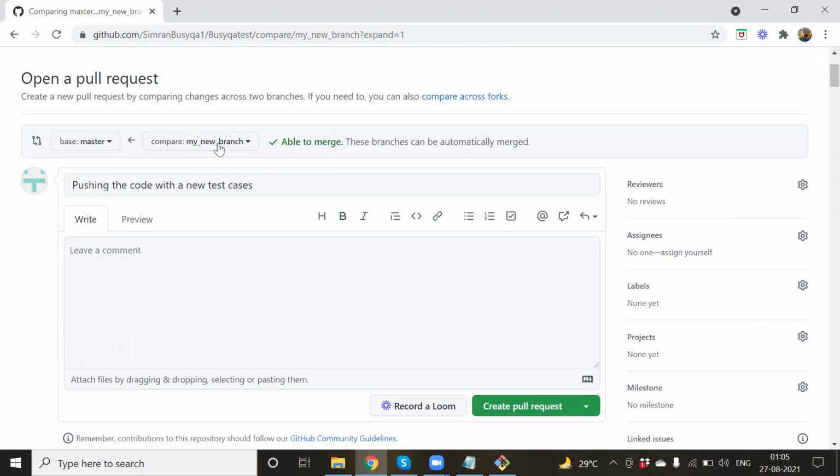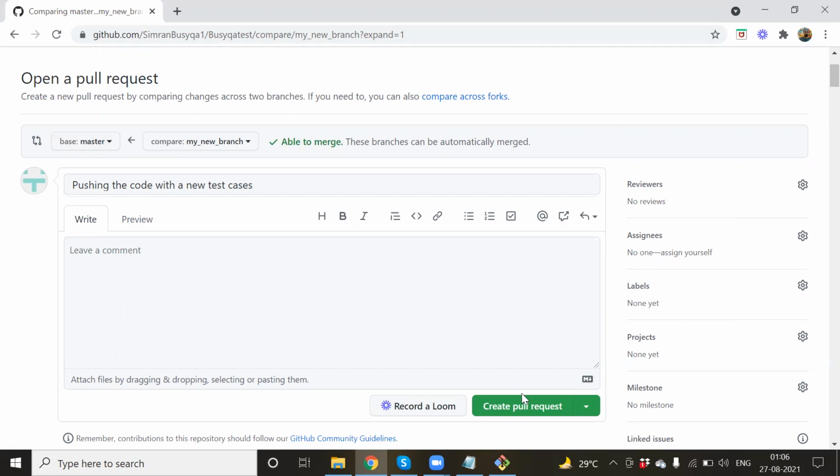Okay, he or she will be the person who will be able to merge it into the master after reviewing it. Maybe they will be downloading it to their local, like cloning again, like how we clone the master branch. They'll be cloning my new branch and running it maybe in their IDE, and then they see if this is working properly, then they will be approving your request.